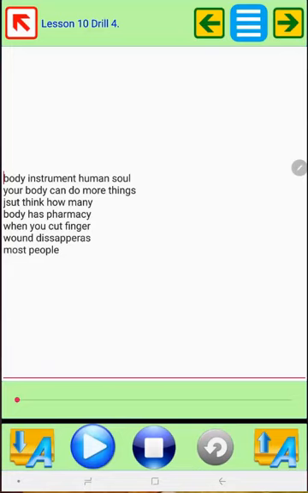Here is an example of words which I have typed, and in this way we learn how to type automatically. So you may type only a few words and then you add new words, and in the next drill,